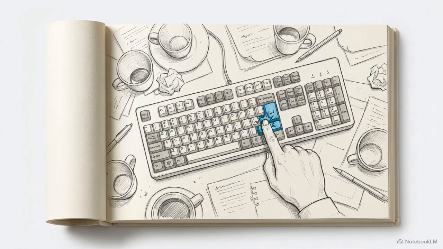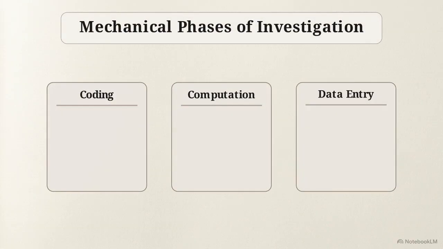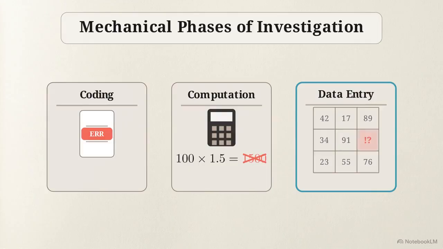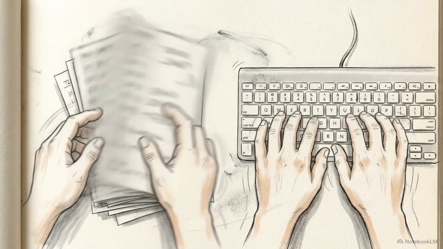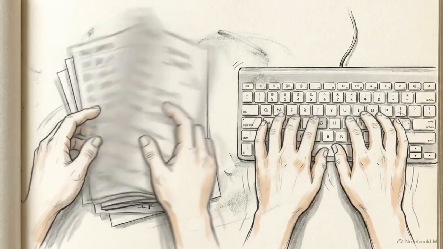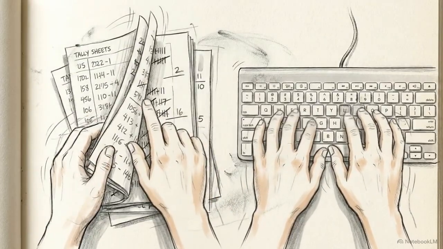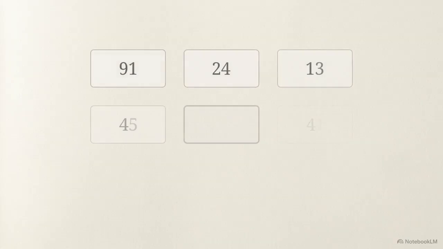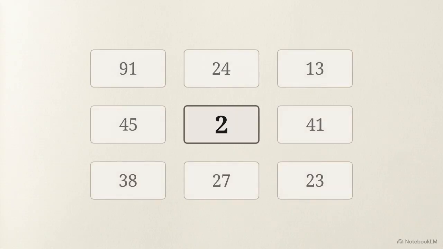In statistics, the term mistake has a narrow, specific definition. Mistakes are the direct outcomes of human oversight, negligence, or carelessness. They typically originate during the mechanical phases of an investigation: improper coding, flawed computations, or incorrect raw data entry. Consider a standard transcription scenario where an investigator is tasked with manually copying physical observations from raw tally sheets into a digital database. During this process, the investigator looks at a valid recorded observation of 25, but unconsciously types the number 52. This is a mechanical human failure. It has nothing to do with mathematical variance.